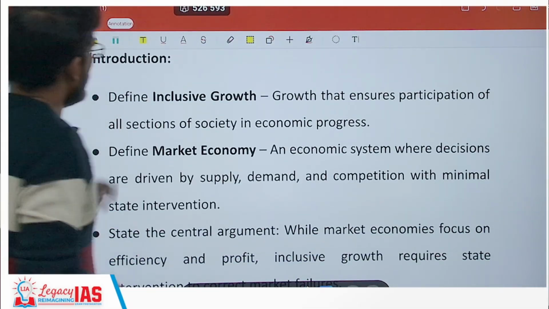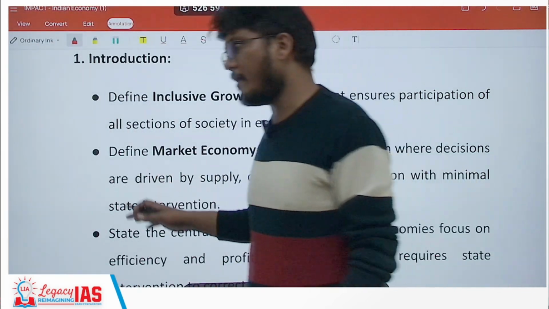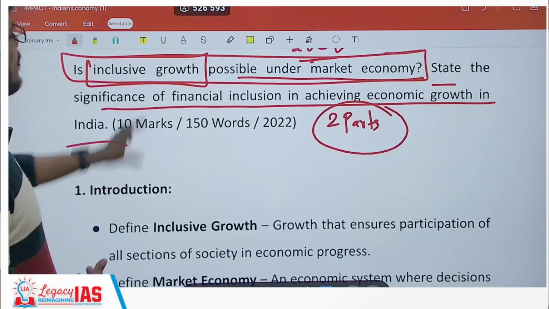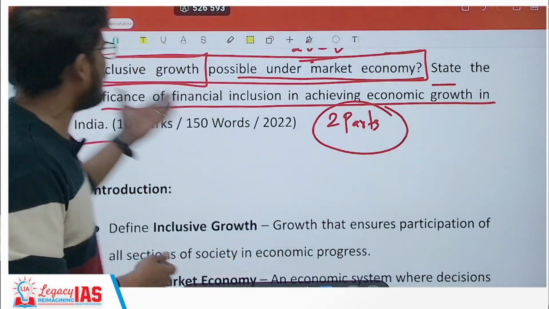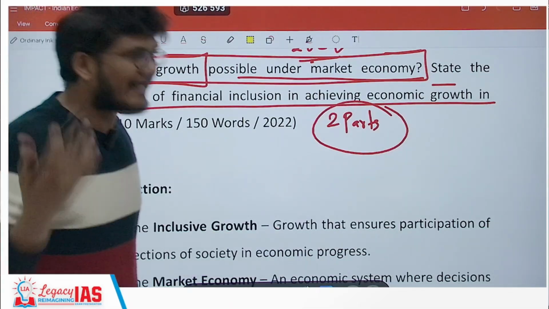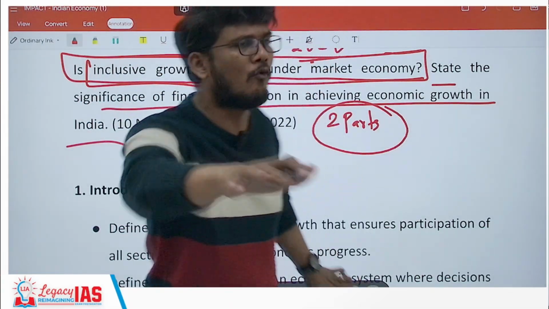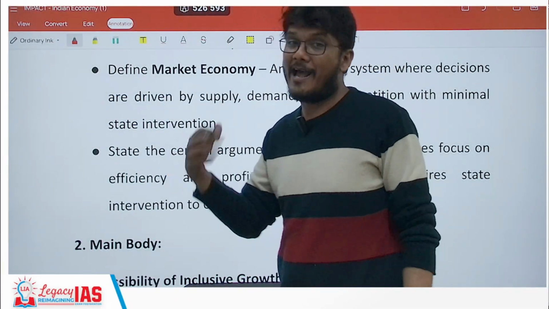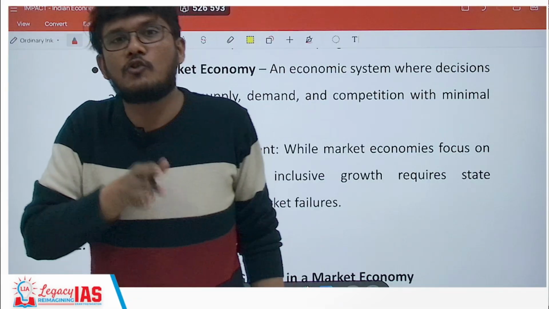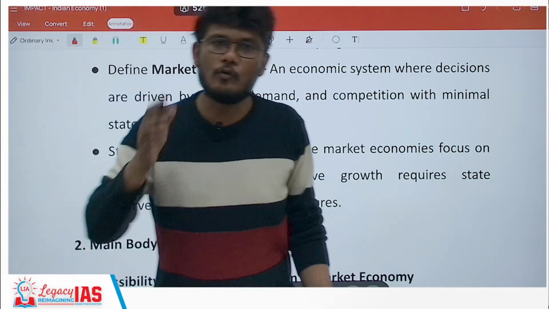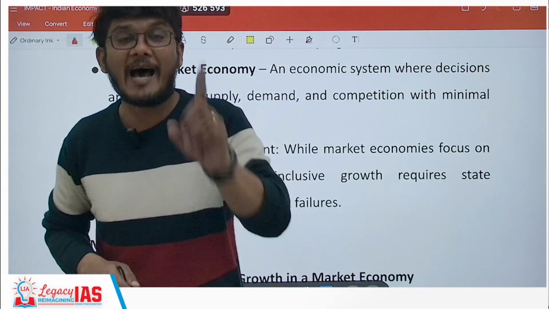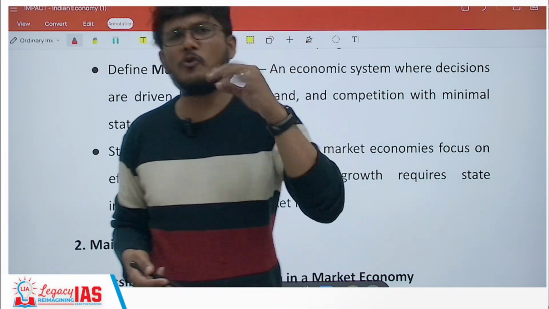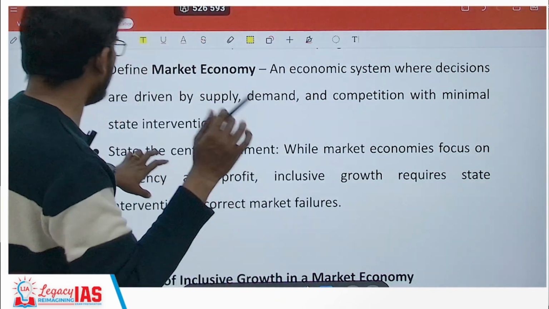Now, moving ahead. Of course, you can define inclusive growth, market economy, but would you want to? Just think of it. Okay, is it possible, they are saying? So why is the need to define these two? If you are not getting any other introduction, define it and move ahead. Else, don't. I am completely against defining if you have other things in hand. Definition should be the last resort to move ahead. I'll keep on repeating this unless and until definition is specifically asked. If it is specifically asked, then you have to define and start the answer with definition itself.